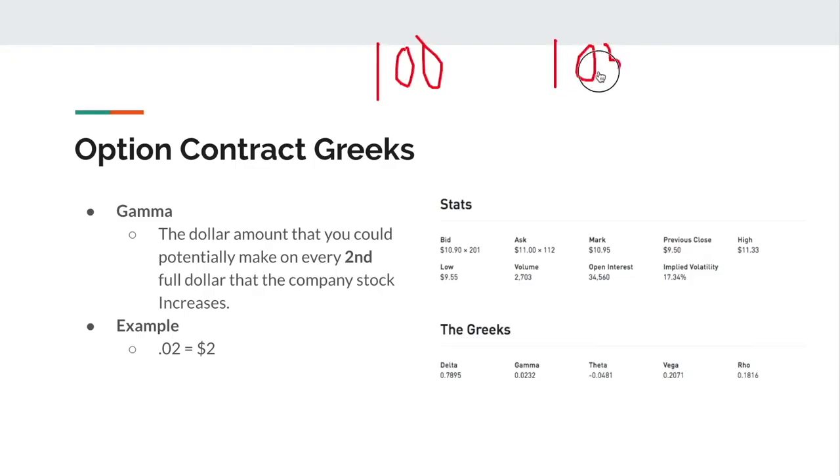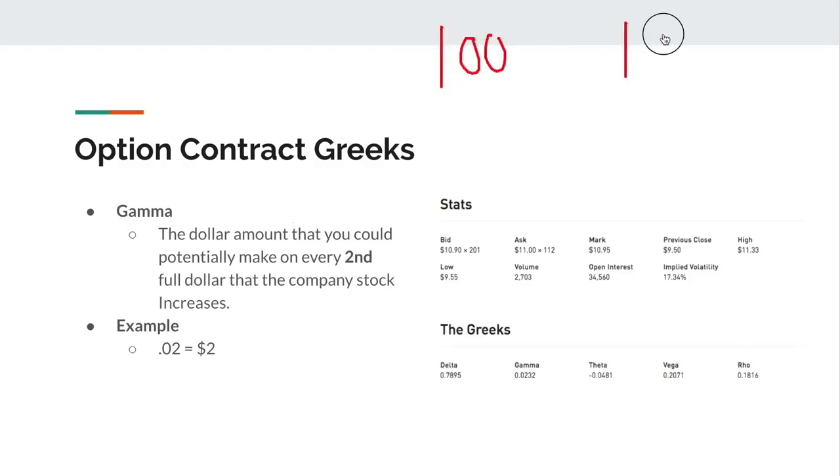So how do you calculate how much you're going to make? Let's say the stock has moved up from 100 and now it's sitting at 103. The stock has moved up $3 whole dollars. What does that mean for you? How much money are you making? What you're going to do is take delta, multiply it by 100, gives you 78. So you take $78,